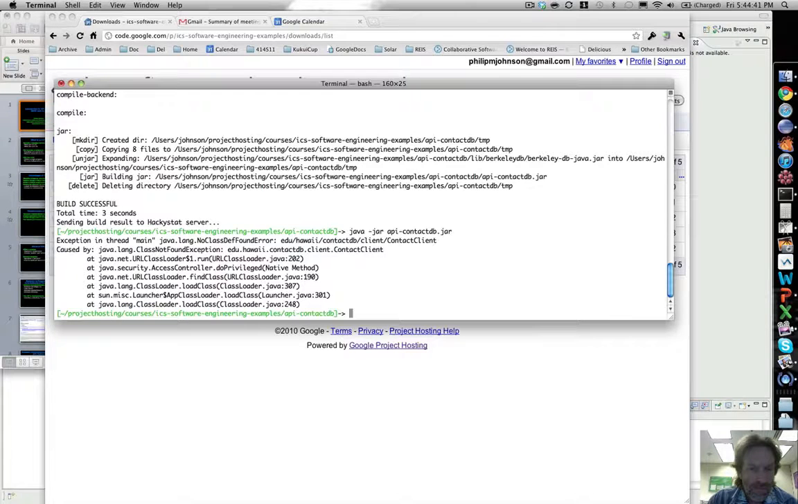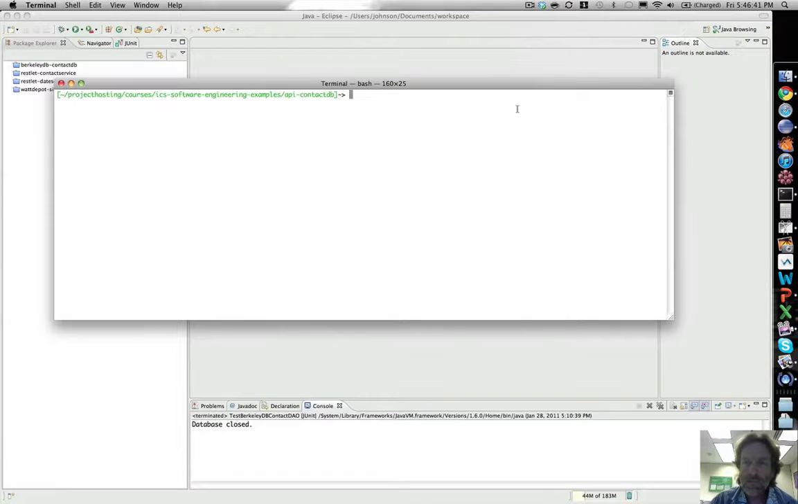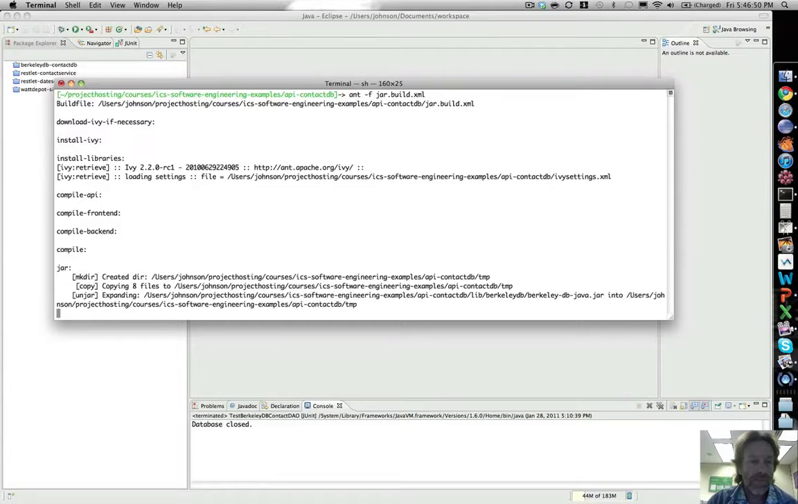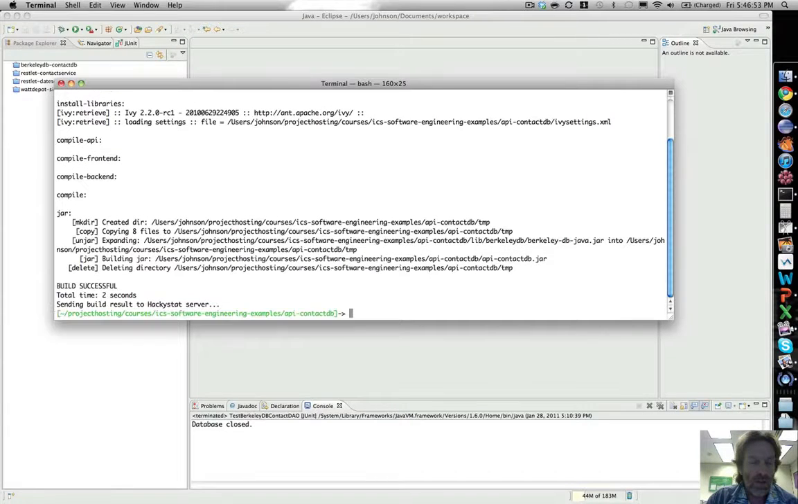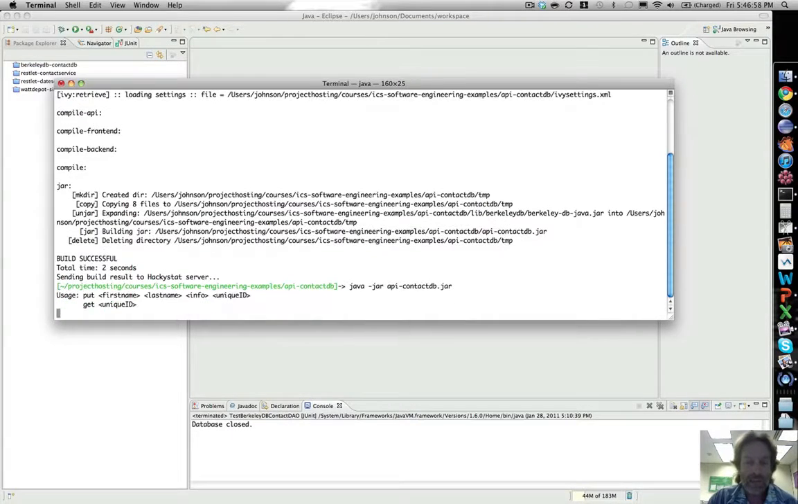Let me just check. That's a little strange. Okay, sorry, I had a typo in my build file, which I've now fixed. So if I go ant jar like I did before to build the jar file, and then java -jar API.contactdb.jar, just like I did in the Berkeley DB Contact DB system,